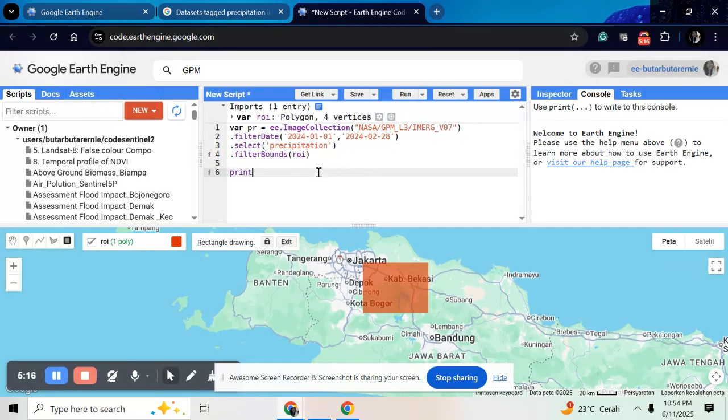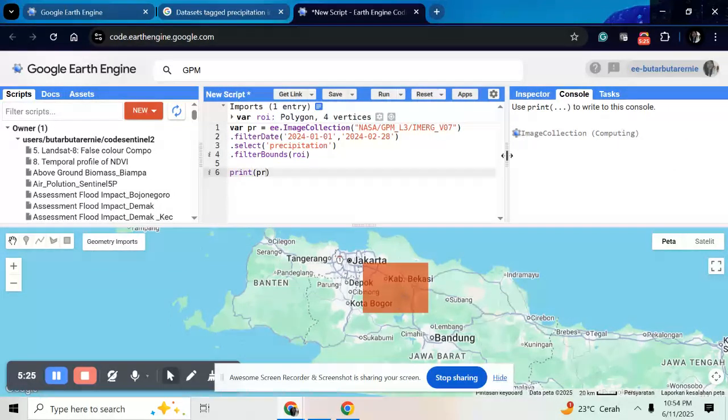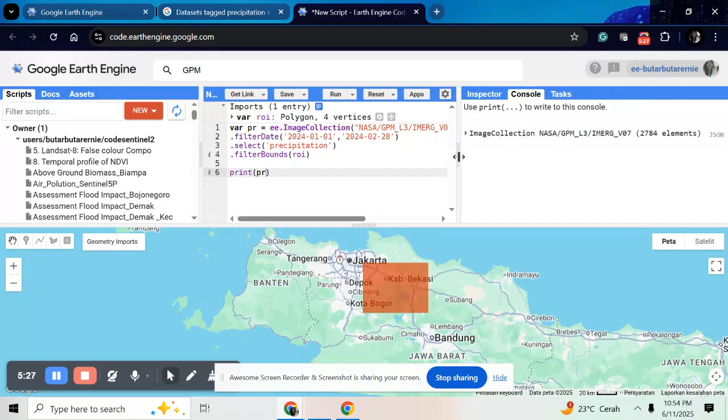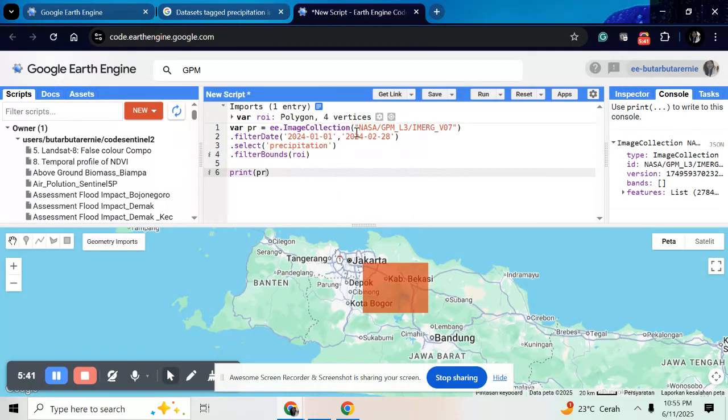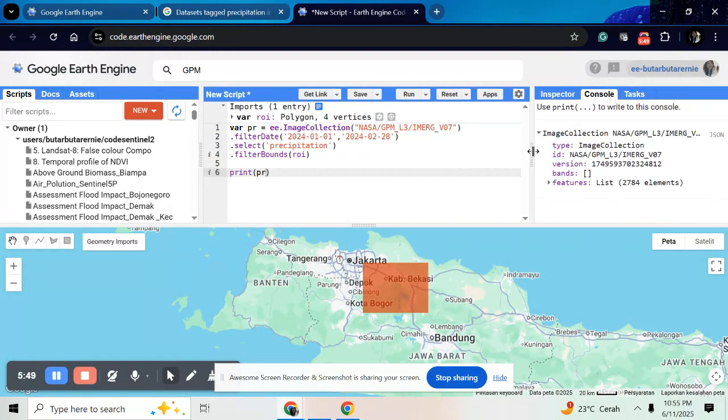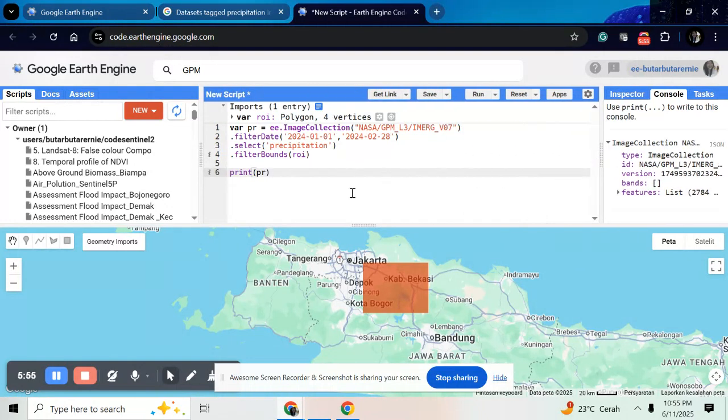Okay, print it if you want to know how many data you have in this ROI. So here, I have around 2,784 datasets, because this dataset is hourly. The unit is hour, so in 2 months we have so many datasets here. And after that, you can